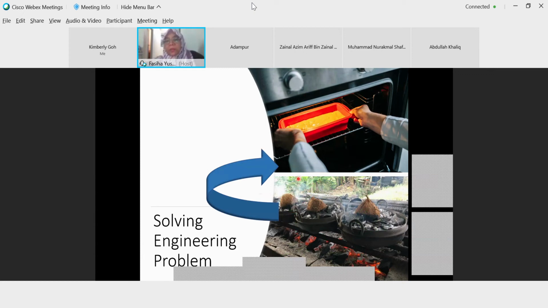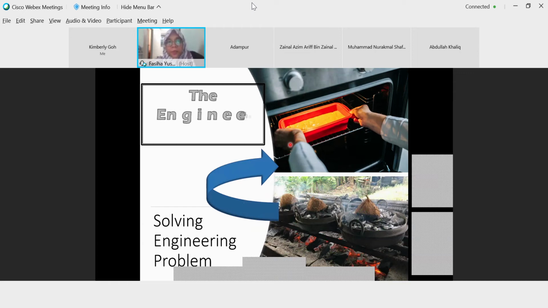Remember those keywords: problem and solution. And from here to here, what is there between this and this? It is actually the engineering design process. This is a very, very big keyword for you to understand. The engineering design process.